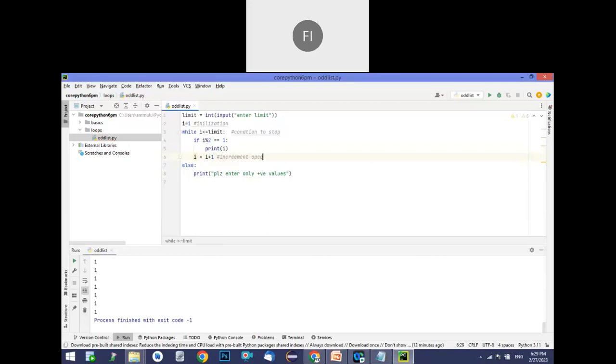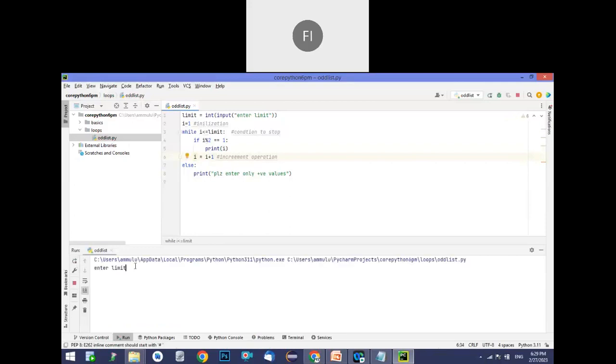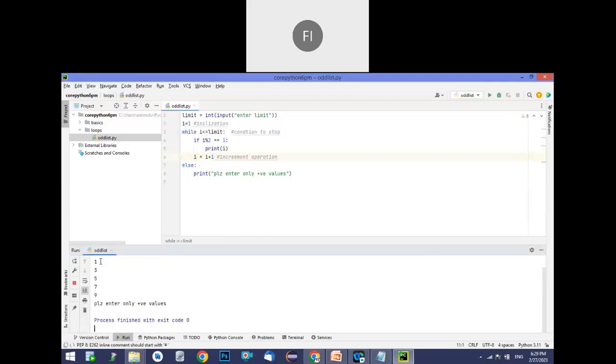Whenever you do your operation, after that in the while loop you have to perform the increment or decrement operation. Now I'm running the same program with the same input, 10. Now you can expect 1 3 5 7 9, and then please enter only positive values. Another problem here is that this message is printed even for positive input.